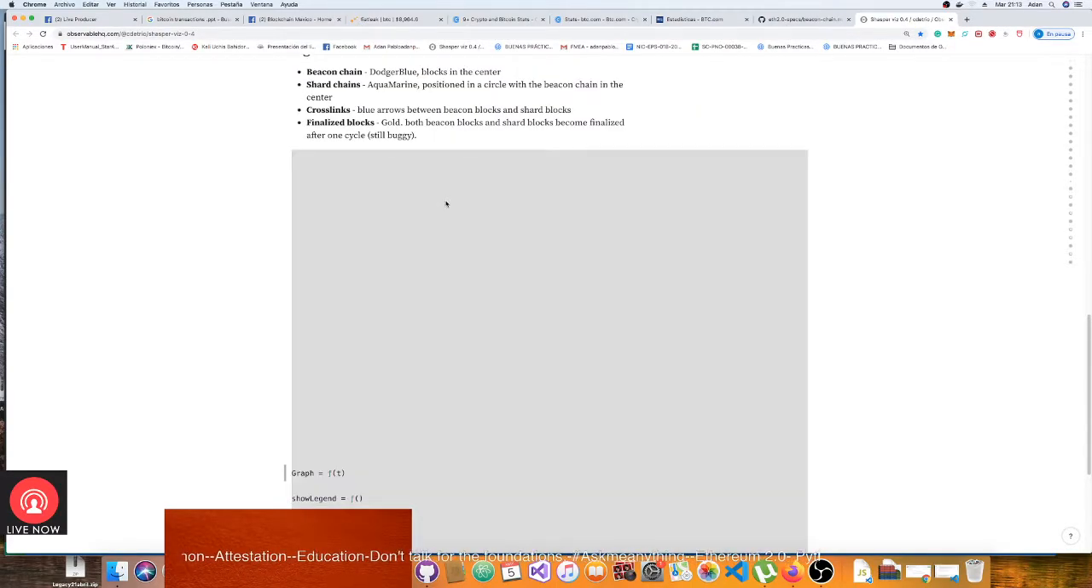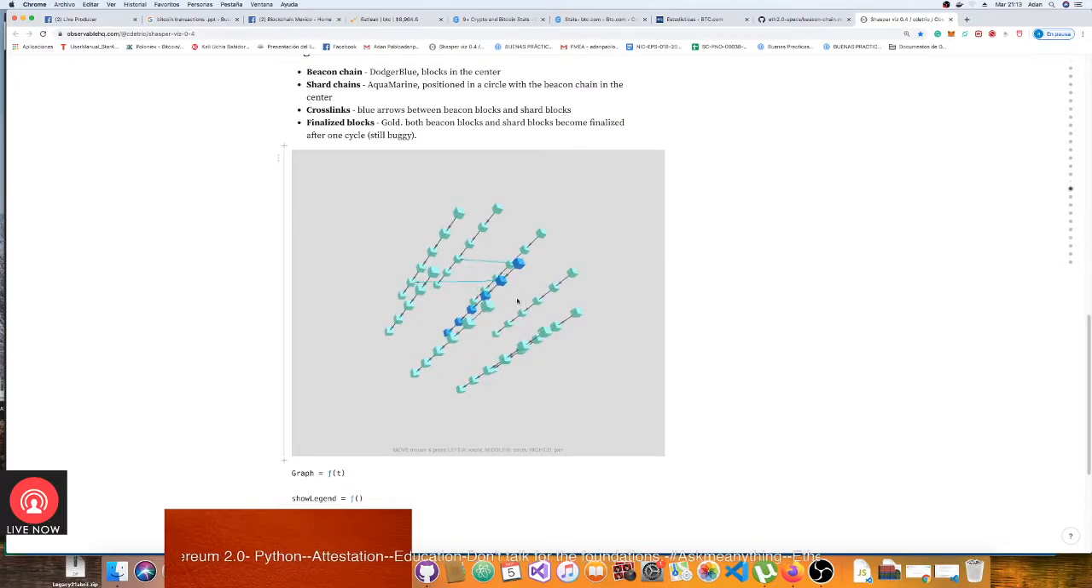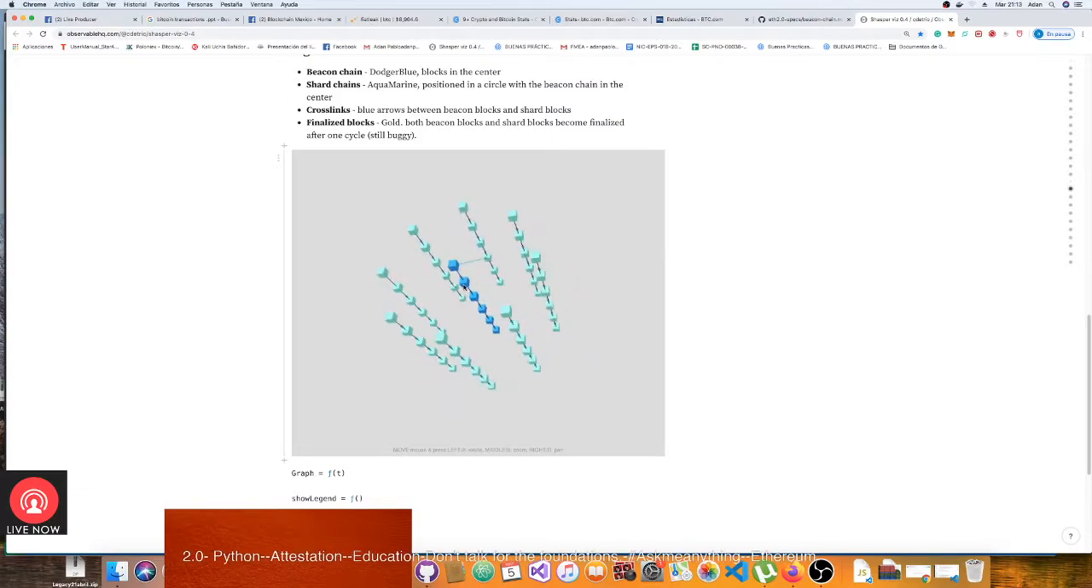Here is the Genesis state, with the beacon chain in dark blue blocks in the center, and the shard chains in aquamarine positioned in a circle around the beacon chain. So the Genesis state starts. The crosslinks start, which are the blue arrows between the beacon chain and the shard chains, and there is the first crosslink. Under the hood, this crosslink is a number of attestations, and an attestation is